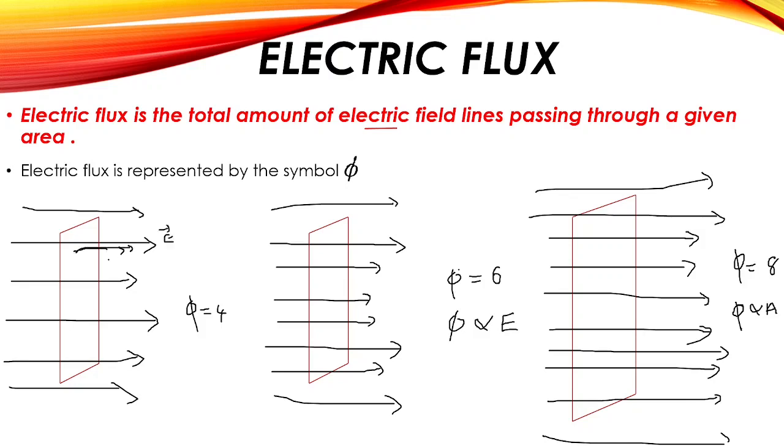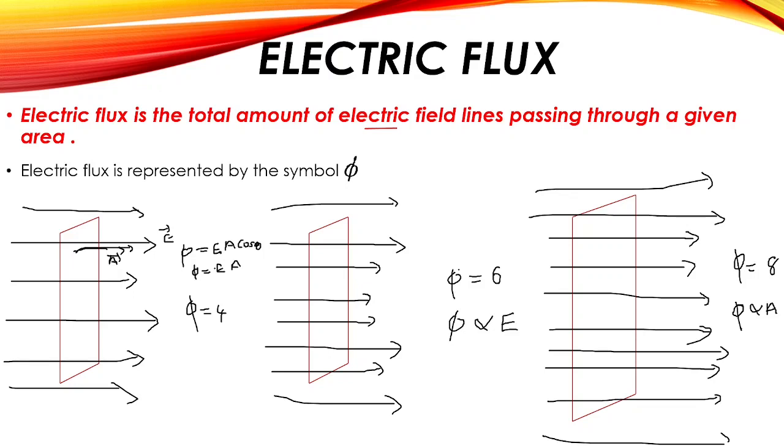And this is our area vector, our A. Since our electric field and area vector are in the same direction, they are parallel to each other, so the angle between them will be 0. Applying this in our equation, phi is equal to EA cos theta. Our theta is 0, so cos 0 is 1, and we get phi equal to EA. So if we know the value of the electric field and area, we can find the electric flux passing through this surface. Okay, so it's this simple.